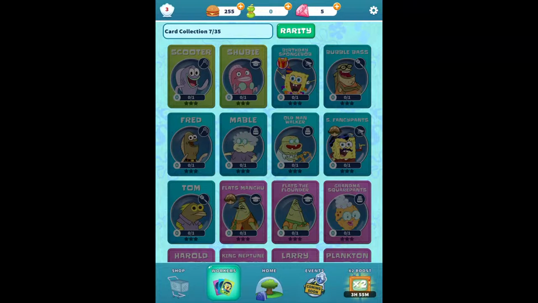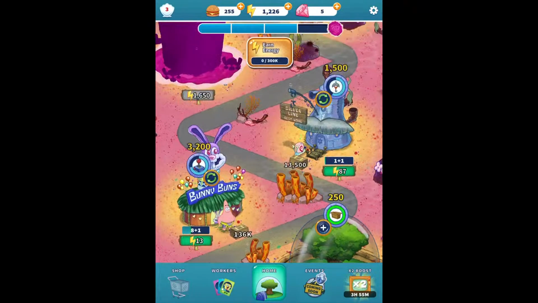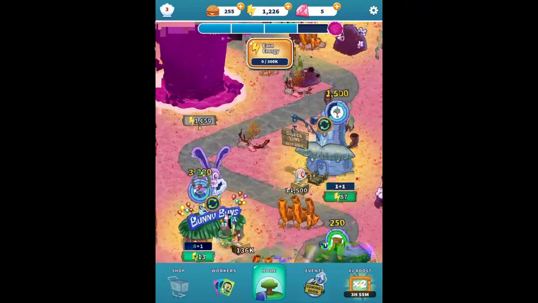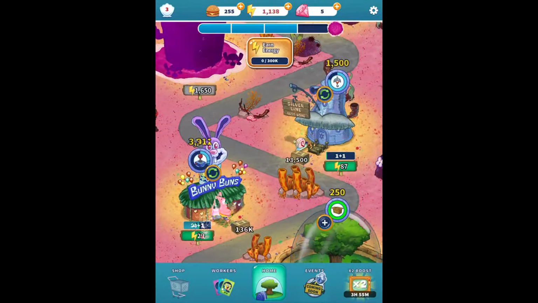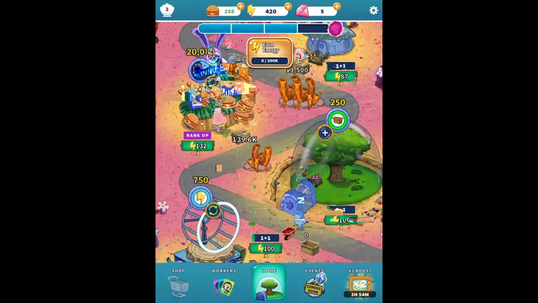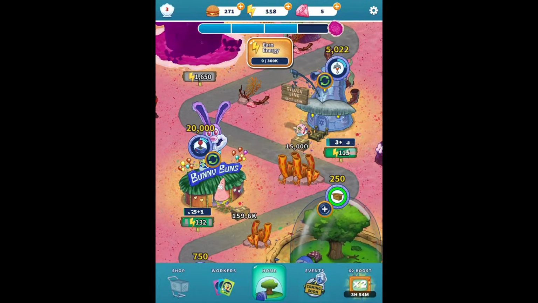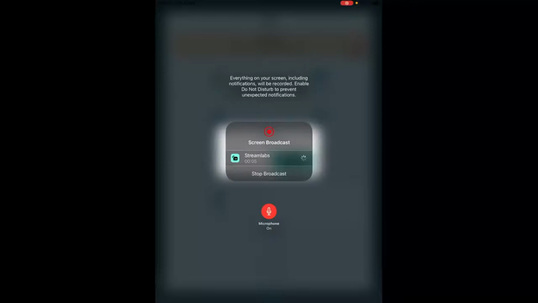Okay, so back here. Earn 300,000 energy is the final quest. Wait a minute, we haven't even gotten that much energy out of this. So we ranked up the bunny buns. Let's level up Silverline Resto. Man.